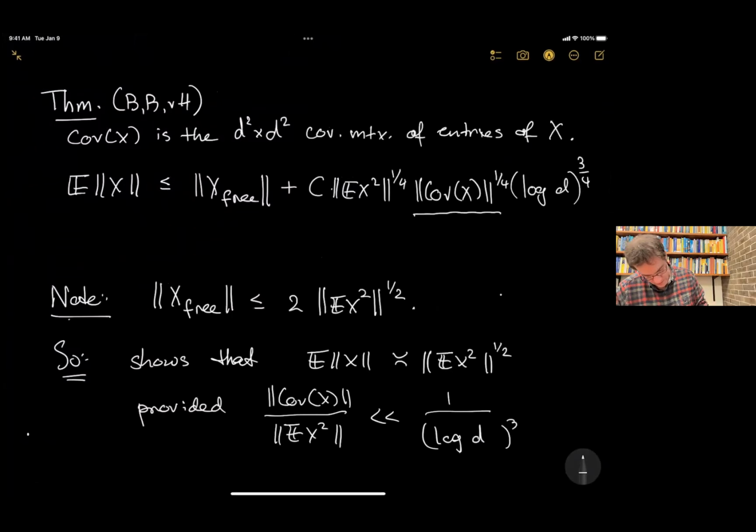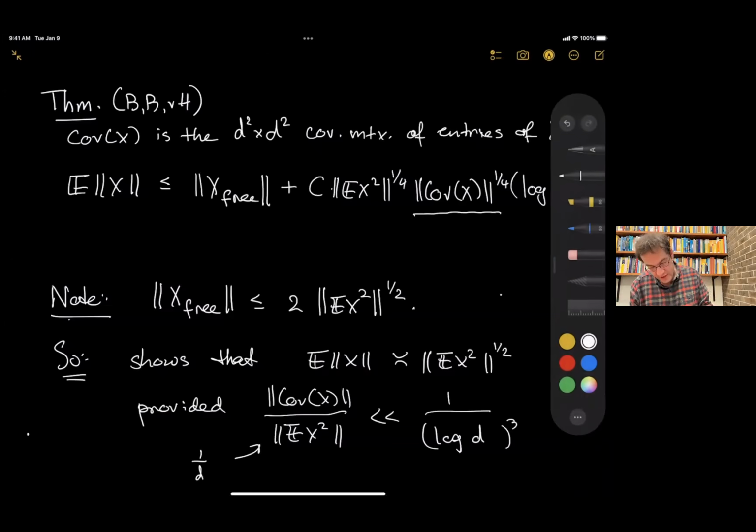So just for reference, for Wigner matrices, the quantity over here is 1 over D. So this quantity over here, right, we can be very, very, very far from Wigner matrices and still have our random matrix X behave exactly like its Platonic ideal. And I will give some examples in a moment.